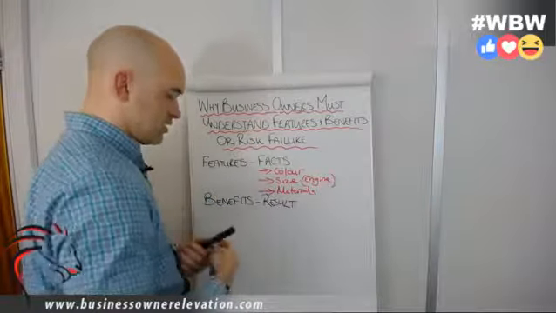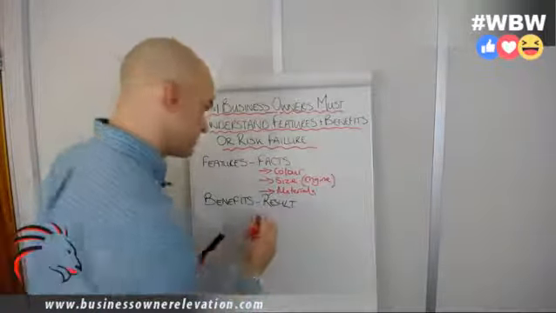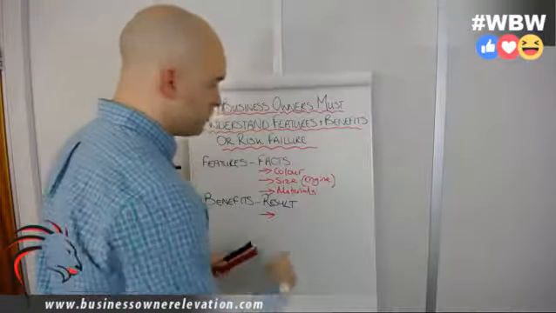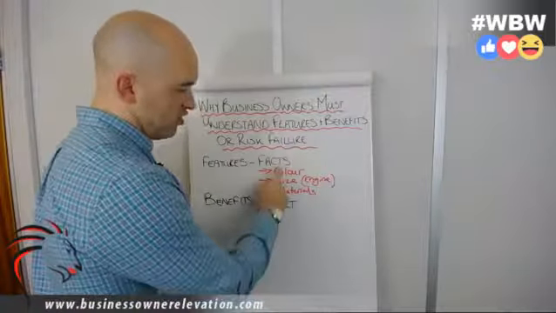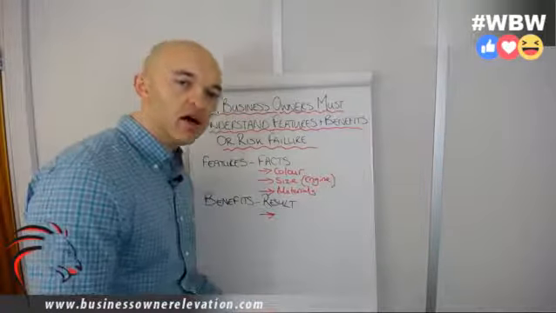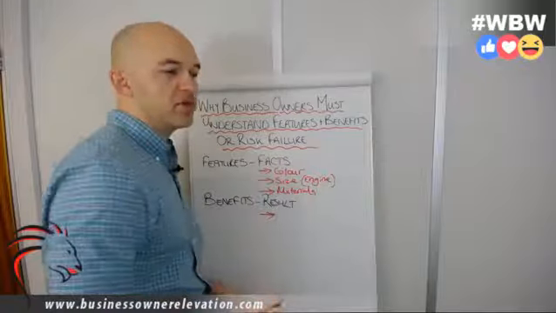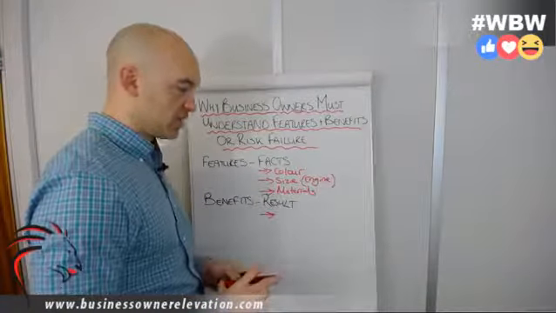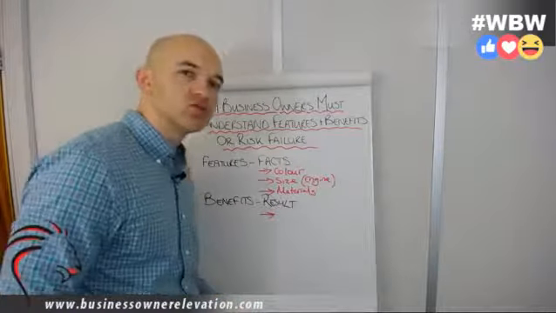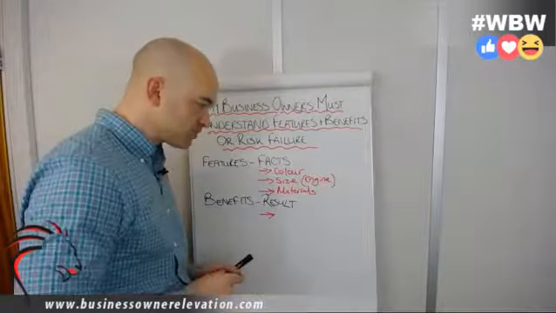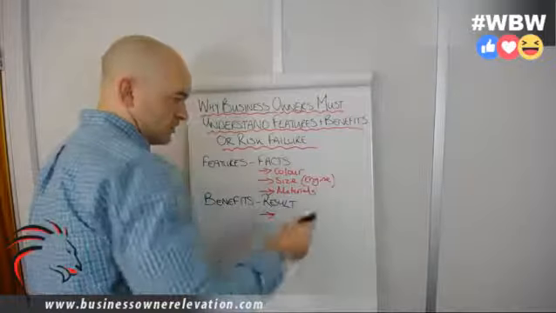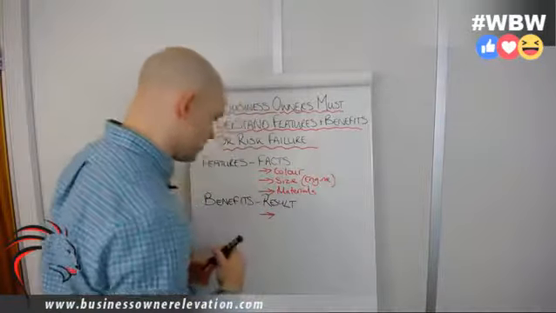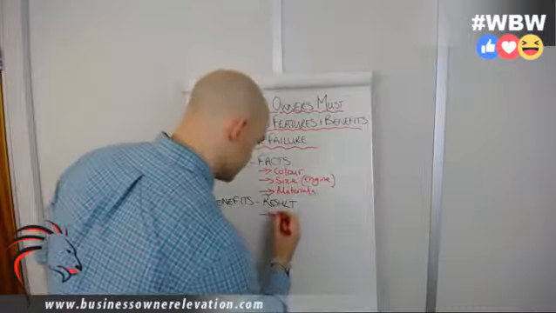So if you think about this example, we're taking Rolls-Royce, what would be the benefit of having the car in a particular color? I know that Rolls-Royce comes in a two-tone color palette, so they have this two-tone look that you can get, but what would be the benefit to their customer? So with the color, we could say a direct benefit is, I'll keep it in red as well so we can spot that,